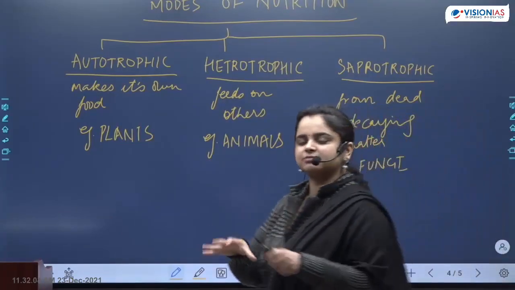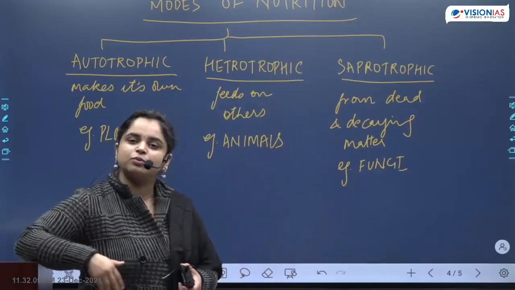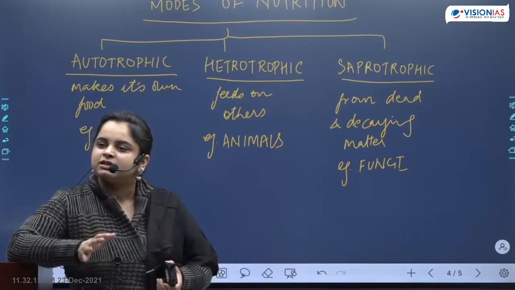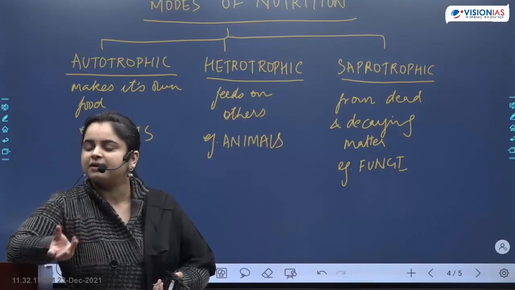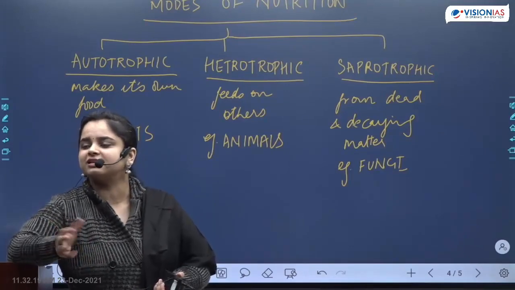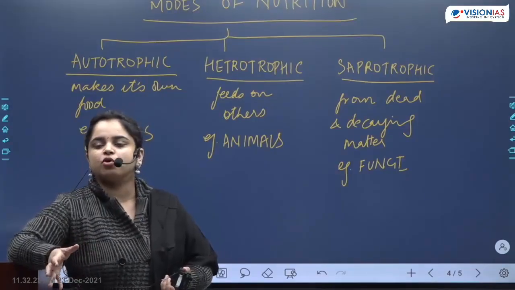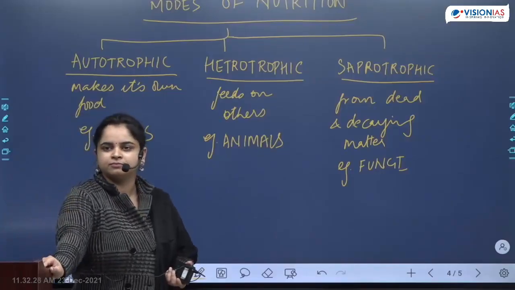Suppose there is a pile of dead plants on which fungus starts growing. So it will produce enzymes onto that material. With enzymes, those things will start breaking into their components. So maybe there was cellulose, and that cellulose has now broken down into glucose. Once it has been broken down, then the fungus can get nutrition from that.